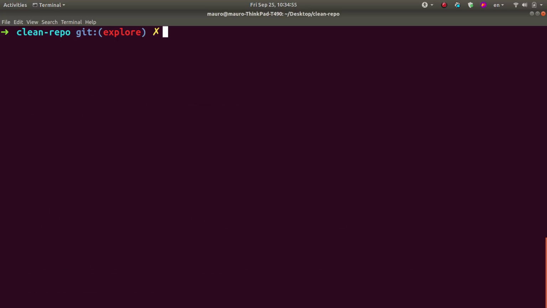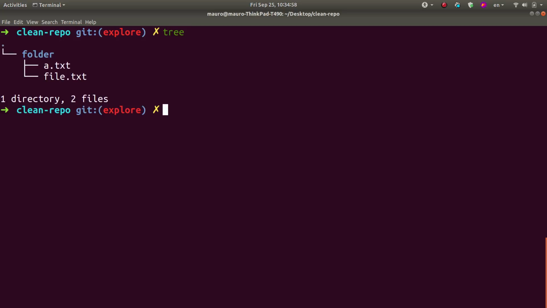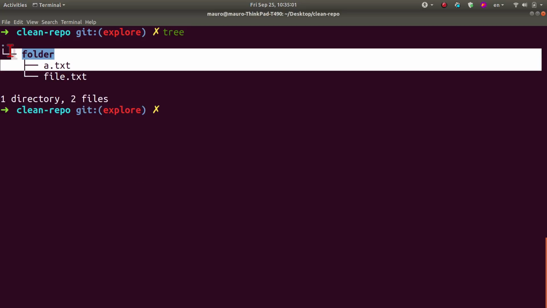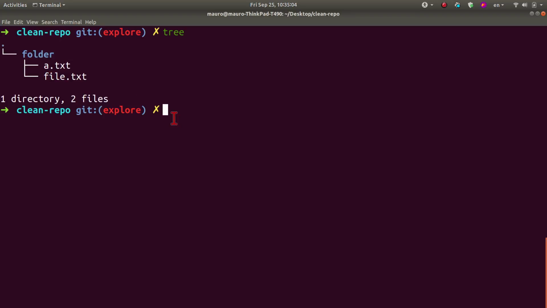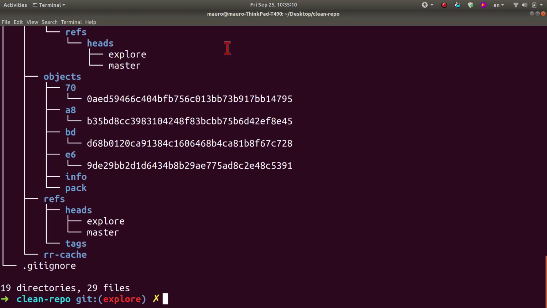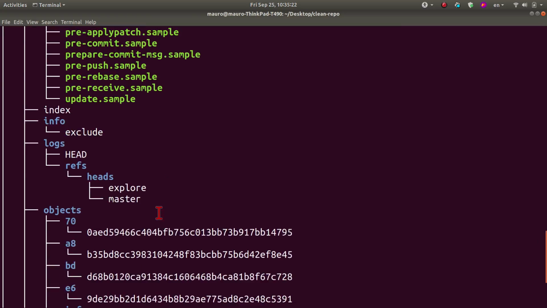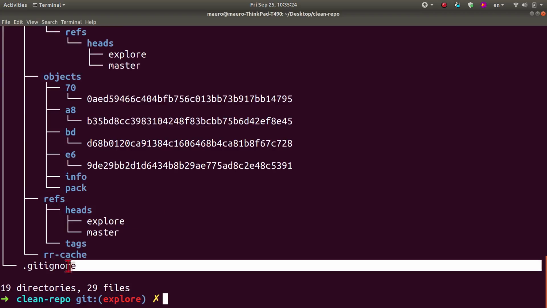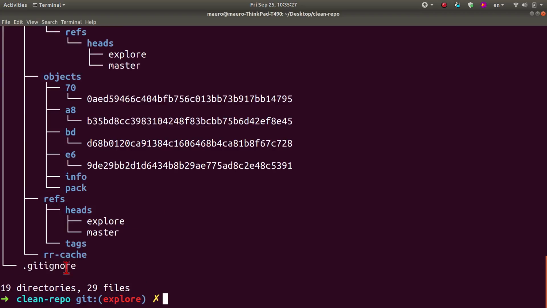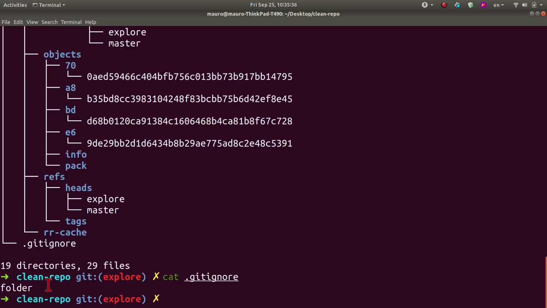So let me clear this up. So now if I do the tree of this repo, you can see that I have a file here in folder. Also, you don't see the .gitignore because I didn't use, let's see if the flag A works here. Yeah, it does indeed. So with A, I can see not just the visible files, but also hidden files and folders. So that's why I'm seeing inside the .git repository, which is not that interesting to me right now. What I wanted to show is that I have this file called .gitignore. And we could cat it, so we could do cat .gitignore